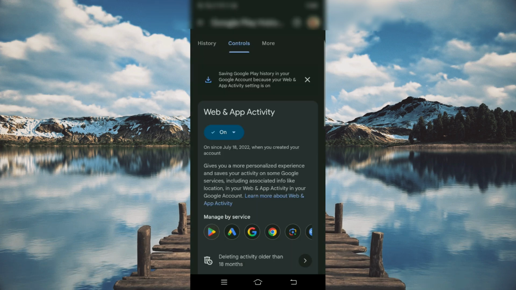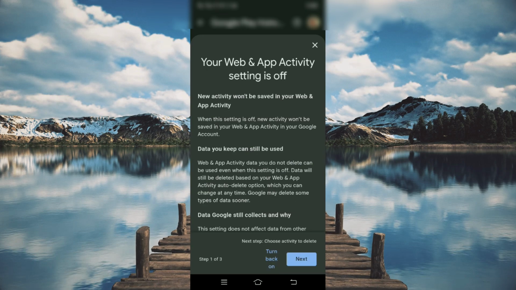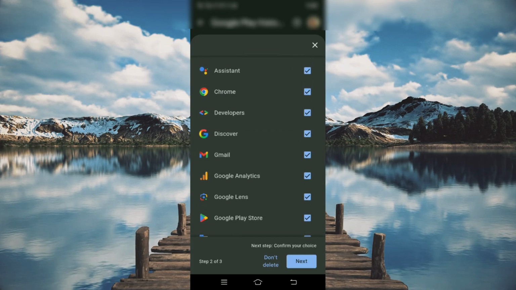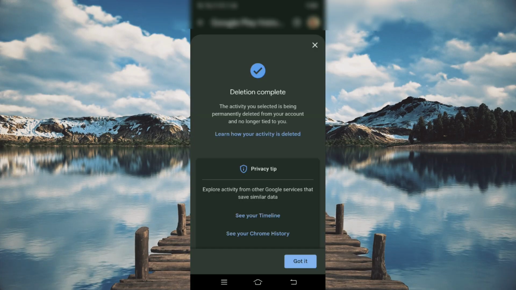Tap on it. From here, tap on Turn Off and Delete Activity. This setting may also apply to other Google services, so make sure you read the information and understand it. After that, tap Next. Now choose which activity you want to delete. You can select to delete everything, then tap Next and confirm it by pressing Delete. Once it's done, tap Got it, and this option